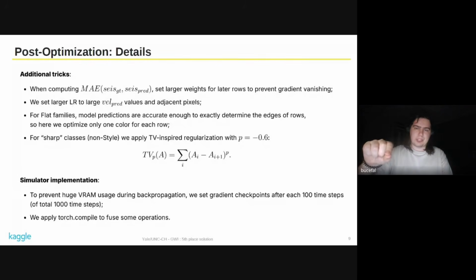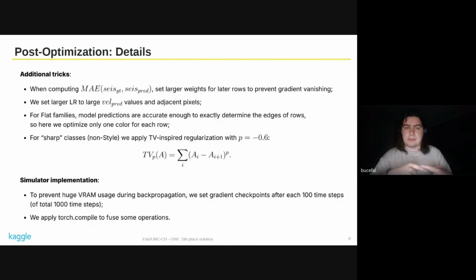So by later rows, I mean just the lowest ones. And also set larger learning rate to larger velocity pixels